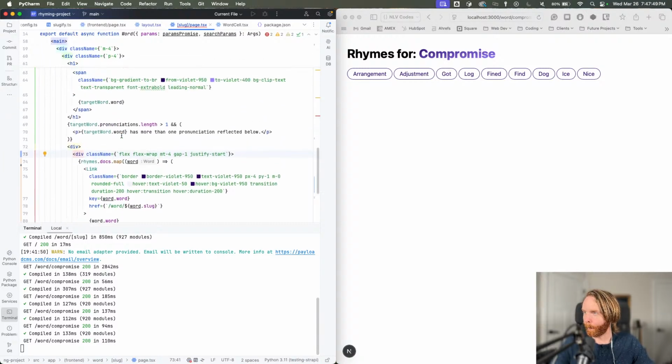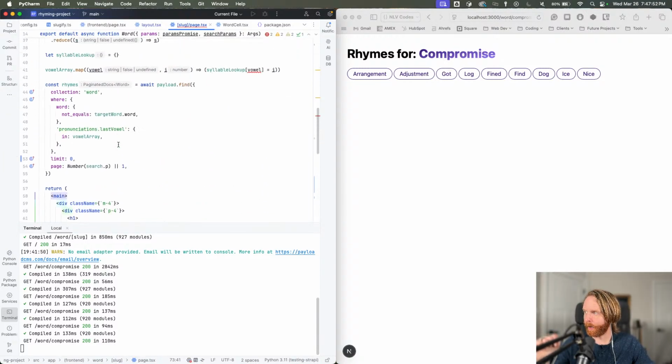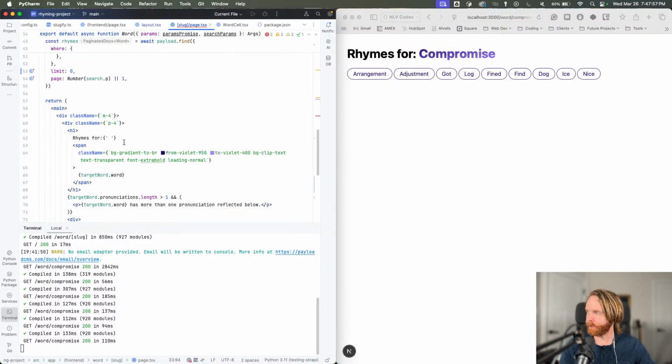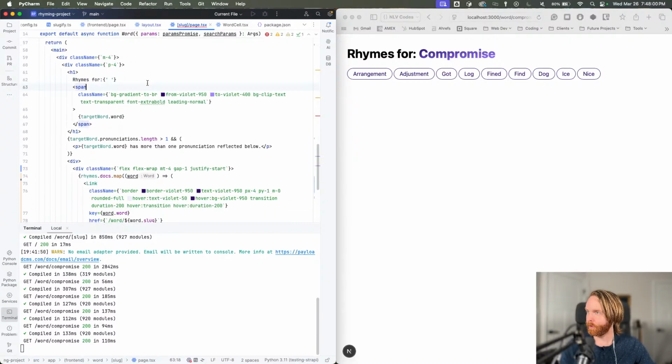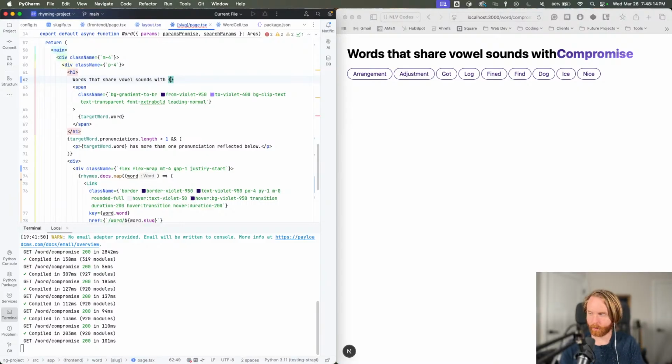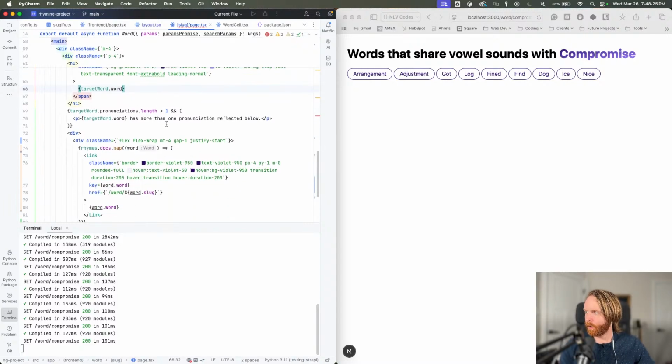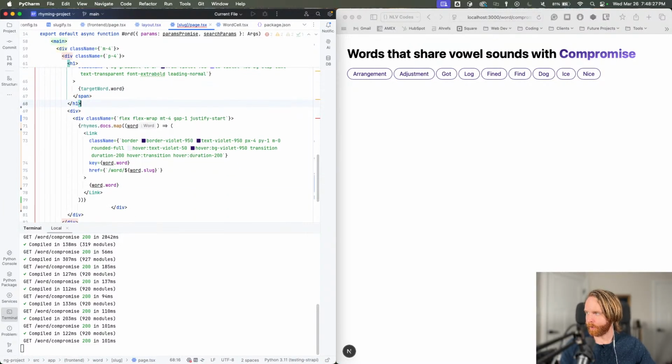So now we're going to sort these by pronunciation and then by syllable. Ideally what we want is rhymes for, or words that share vowel sounds with, and I don't really need this, I don't think. I do need that, so that just adds a space. We'll take it. All right, so words that share vowel sounds with compromise. And then we won't need this, because what we're going to do